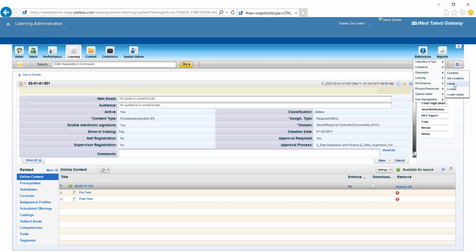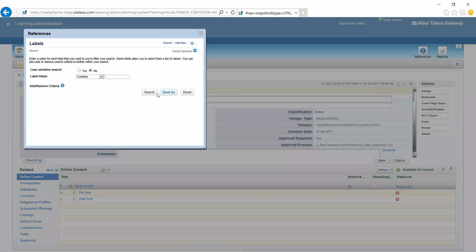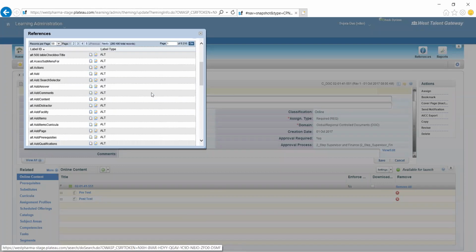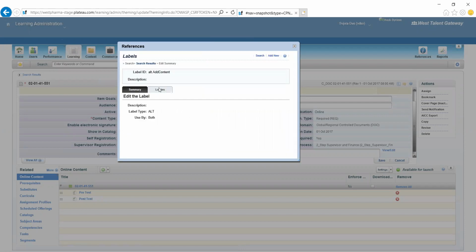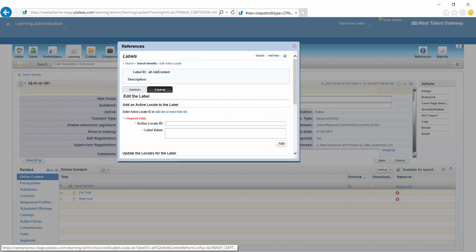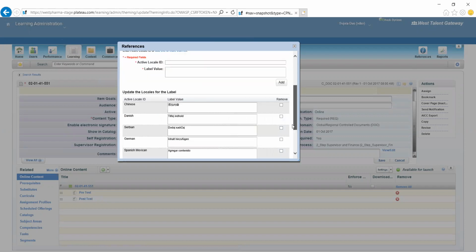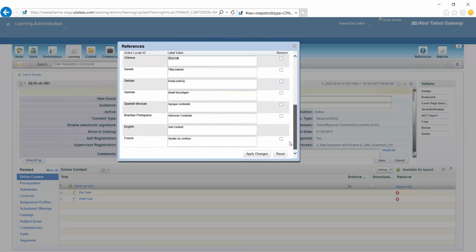The same is there for levels. Levels are basically, if you want to change any text. Suppose there is a text or a label called add content. You want to change it specific to a language.